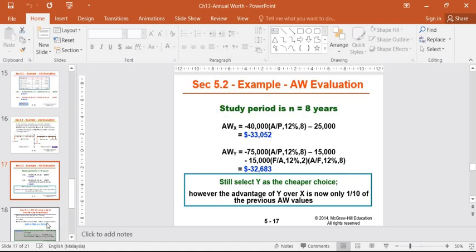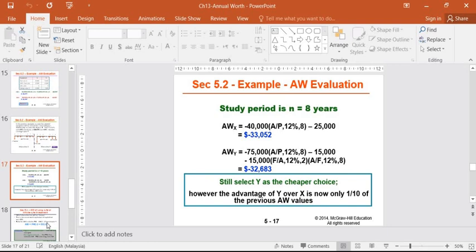But for Y, we have a first period, the first 8 years. Then we have another 8 years, another 8 years. The first one is 15. Another one should be 15. Yeah, another 15, because it's a double. So you can see that the AW, annual worth